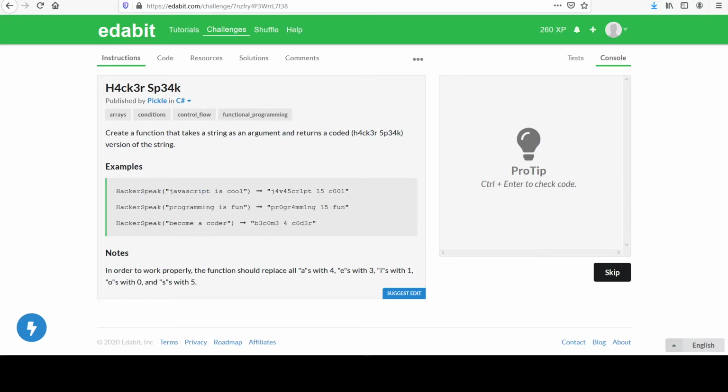Hi, your next challenge in the Easy series is entitled Hacker Speak, and they even were kind enough to type it out in hipster letters for us up at the top here. So you are to create a function that takes a string as an argument and returns a coded hacker speak version of the string. And you've likely seen this before where people use